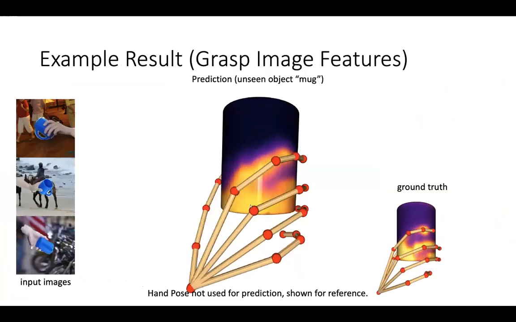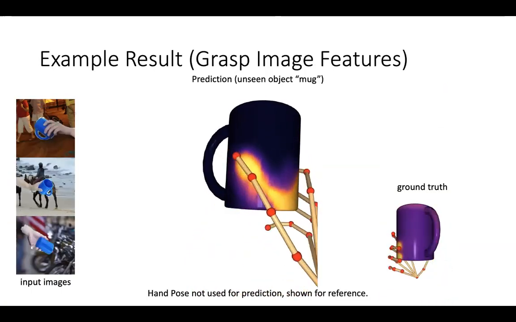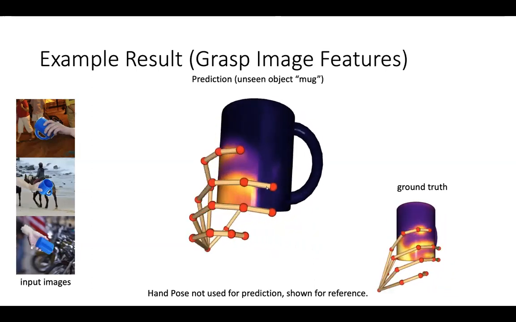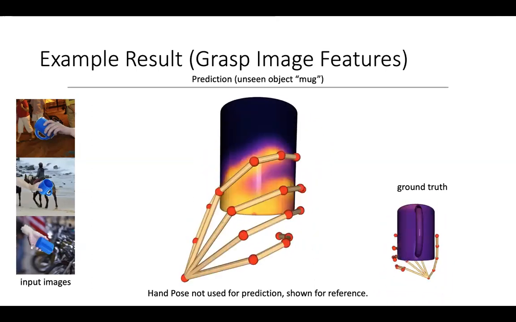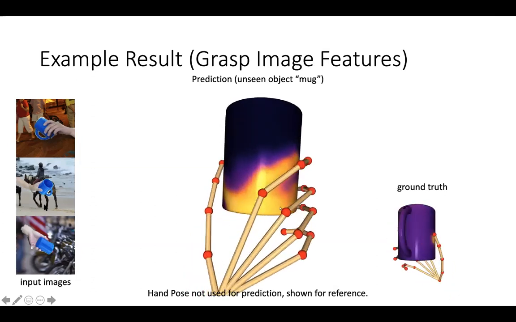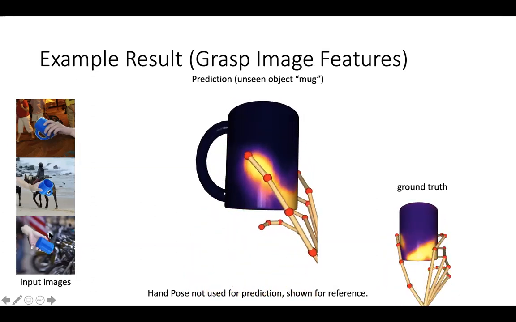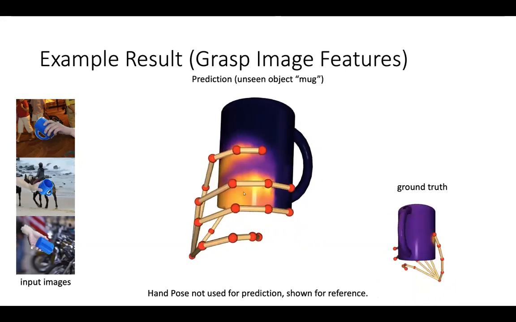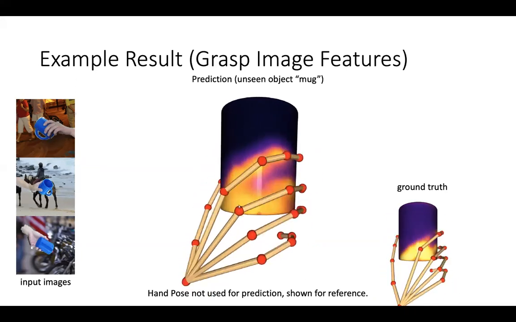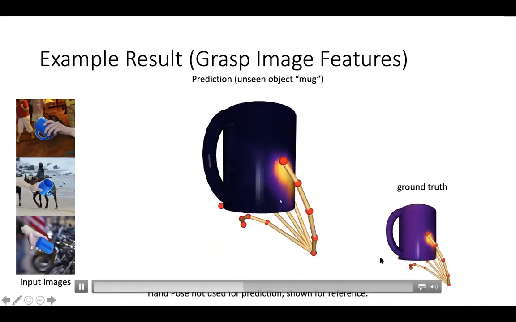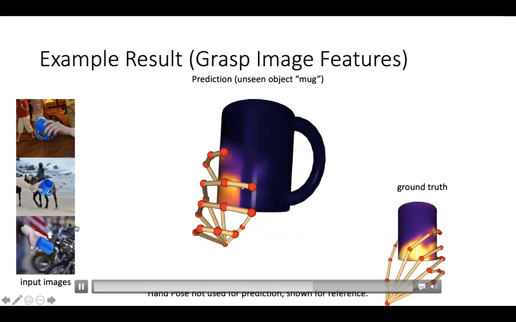So I just want to present an example result before going into some details. Here's an example result from trying to predict contact using images. Using the three images that you see on the left, we can see that it is mostly able to get the low frequency details of the contact, if you compare it to the ground truth that's on the bottom left corner.